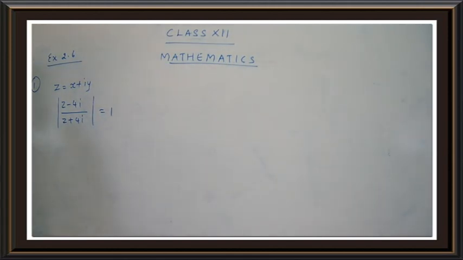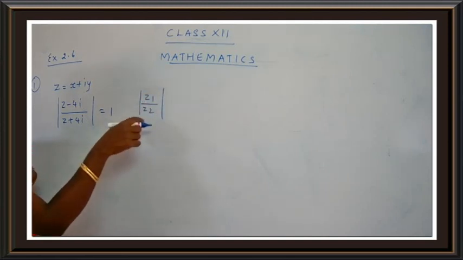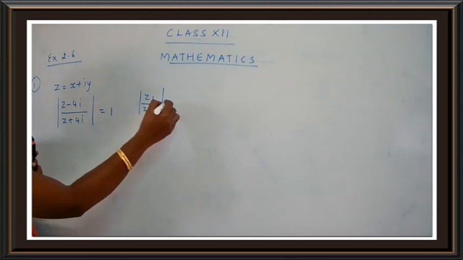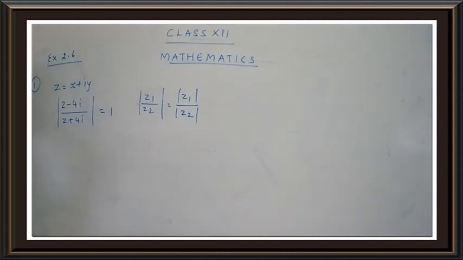This exercise is not a new exercise at all. We have to link the exercise with the remaining concepts, or take the concepts from the previous exercise. So here we have modulus of (z minus 4i) upon (z plus 4i). Now we have a property: if you have a modulus over both the numerator and denominator together, you can write it as modulus z1 upon modulus z2. Do you remember this property, children? So mod of z1 upon z2 will be taken as modulus z1 upon modulus z2. Are you clear, children? Okay.